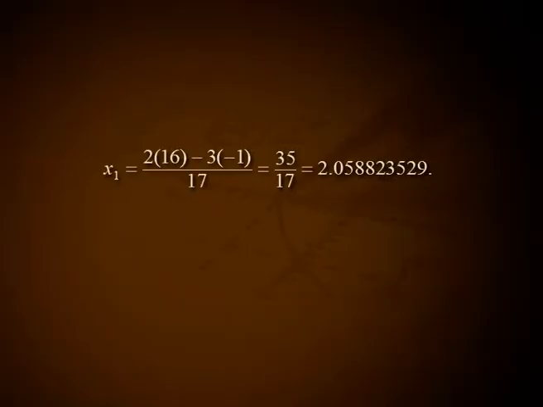With the initial approximations x₋₁ equal to 2 and x₀ equal to 3, we have f(x₋₁) equal to f₋₁, that is 8 minus 9 equal to minus 1, and f(x₀) equal to f₀, that is 27 minus 11 equal to 16. Step 1. Putting n equal to 0 in star, we obtain x₁ equal to (x₋₁ f₀ minus x₀ f₋₁) by (f₀ minus f₋₁). This implies x₁ equal to (2 into 16 minus 3 into minus 1) by 17, that is 35 by 17, which is equal to